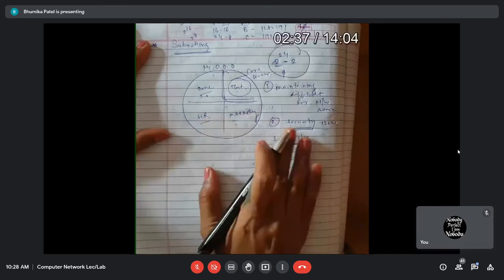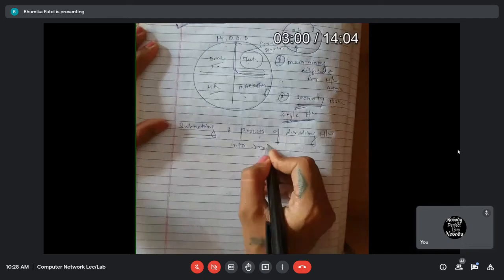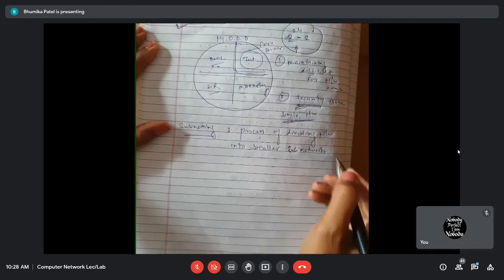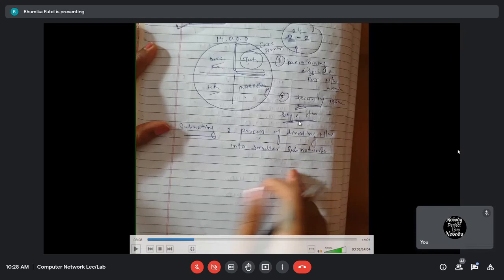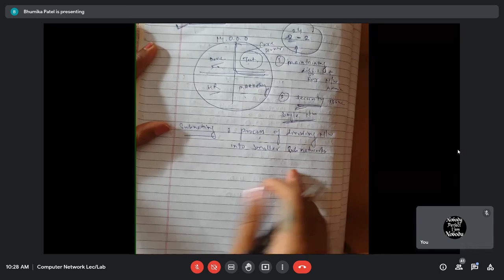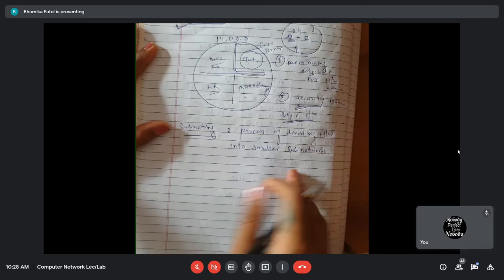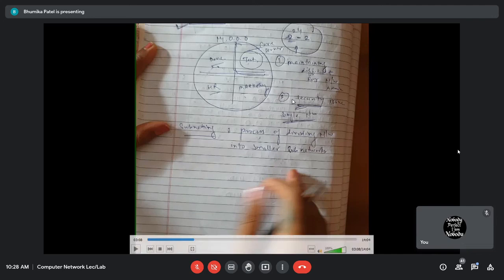So subnetting is what? It is a process of dividing the network into smaller subnetworks. So I'm going to divide my entire network, in which I have 2 to the 24 devices, right? I'm going to divide it into 4 different sections, in which one of the sections is going to have only developers. The second section will have only HR hosts, marketing devices, and testing will have only as many devices as the testing department has. So now I can provide the security. Okay.